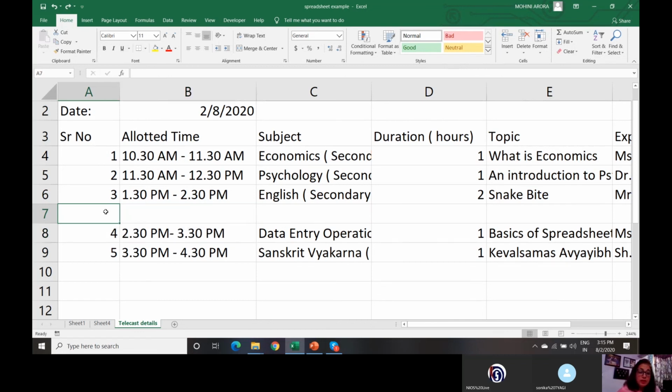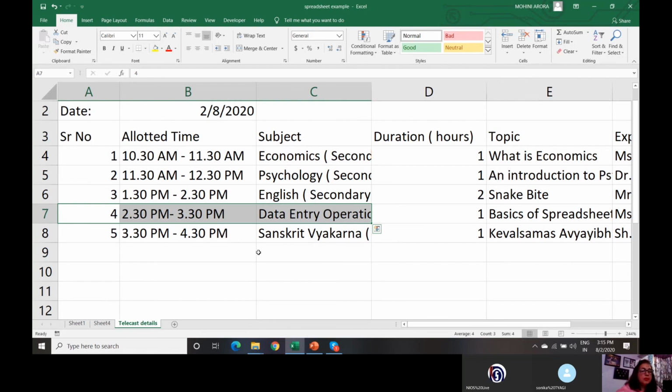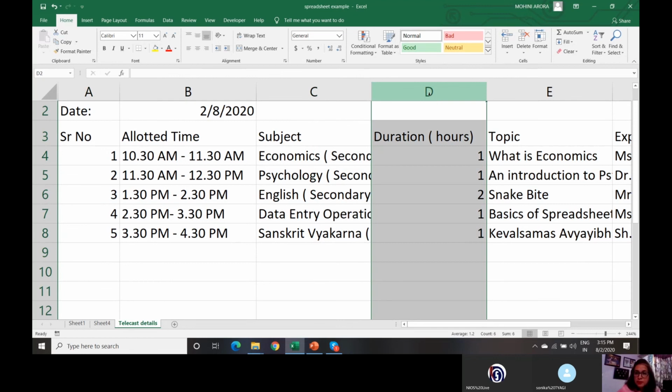Right? I should have deleted only one row, but accidentally I deleted two rows. So there is no need to panic. You can simply click on the undo button. The last action of deletion has been undone. I will now delete only one row here. I click on delete and I click on delete sheet rows. So you see that particular row has been deleted. Similarly, I want to delete this column. I click on the column that I want to delete. I click the delete option here and I say delete sheet columns.